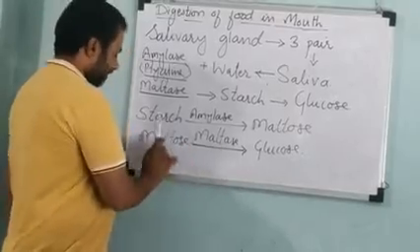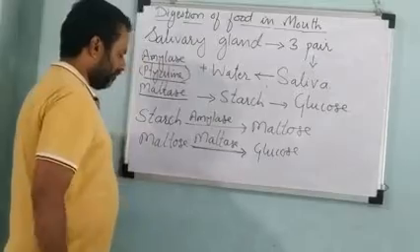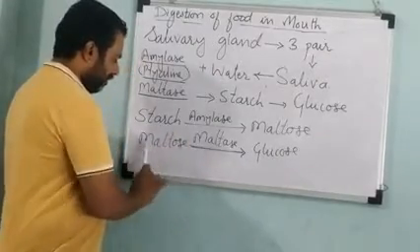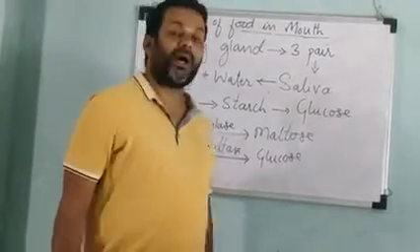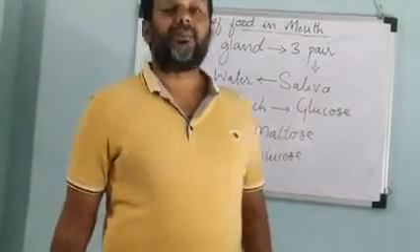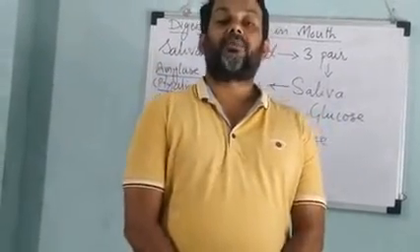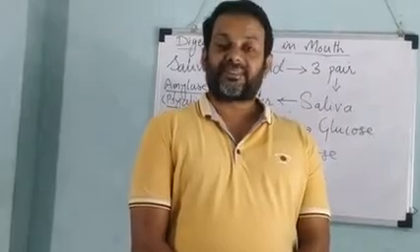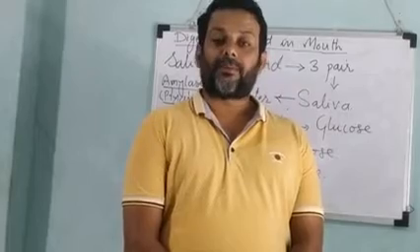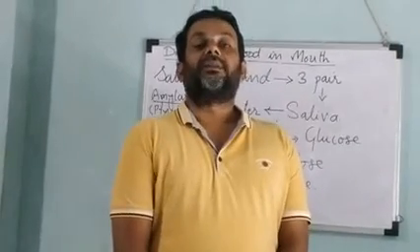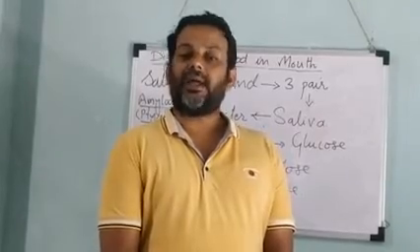So first, starch will be acted upon by the amylase, and then starch will get converted into maltose. Then maltase will act on the maltose and convert it into glucose. And after this, the digestion of the starch will be completed in the mouth. But the condition is that this will happen only when the food is masticated properly for sufficient time, or it is chewed by us for the proper time. Otherwise, this starch will not be digested over here, and undigested starch will enter into the stomach.